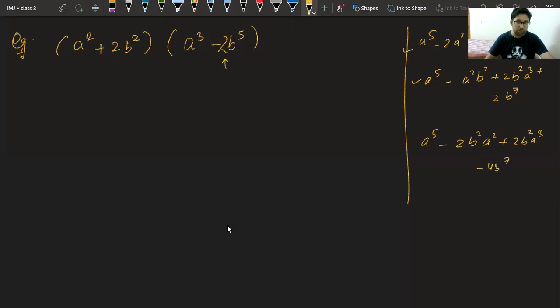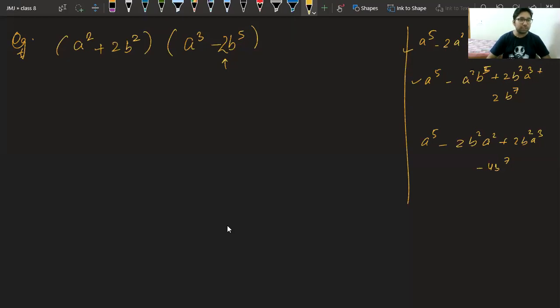Krishna is saying now again a power 5 minus a square b power 5, plus 2b square a cube plus 2b power 7. Ananya is saying a power 5 minus 2b power 5a, a little different from others. Joel is also giving. Okay, many of you gave the answer. Harshul is saying same as Krishna. Krishna is saying mine is Vardhan's. So people are putting weight on Vardhan's answer.